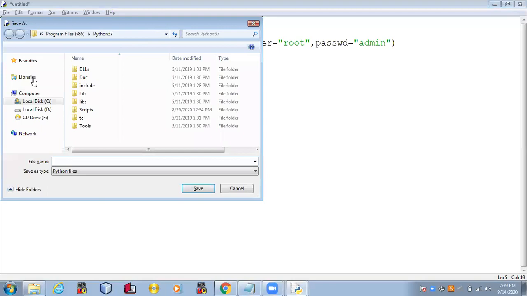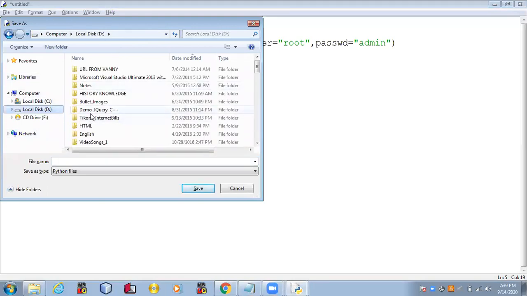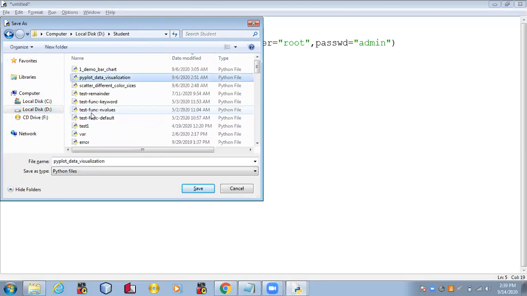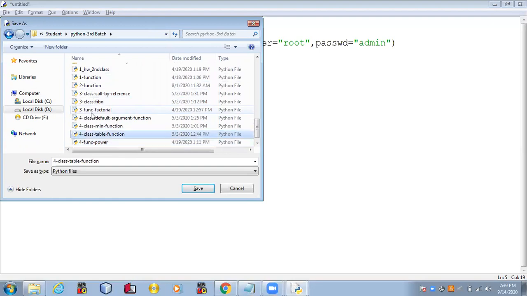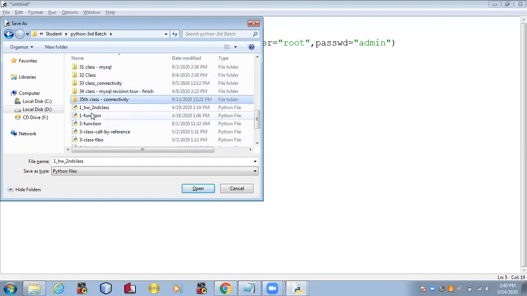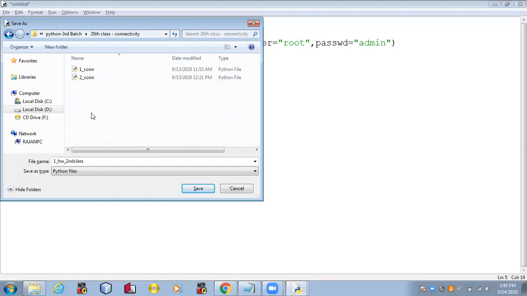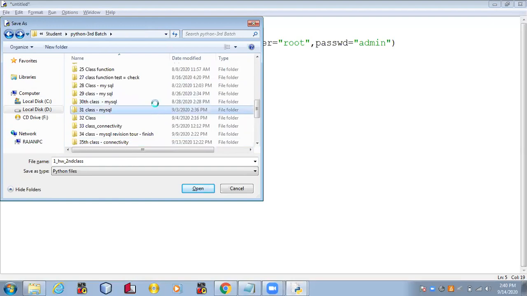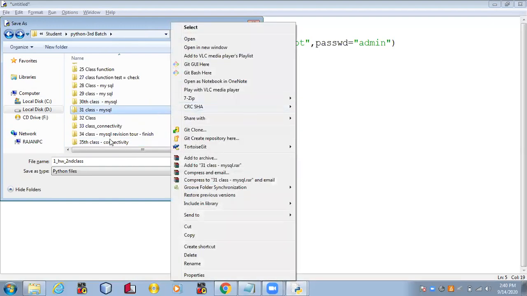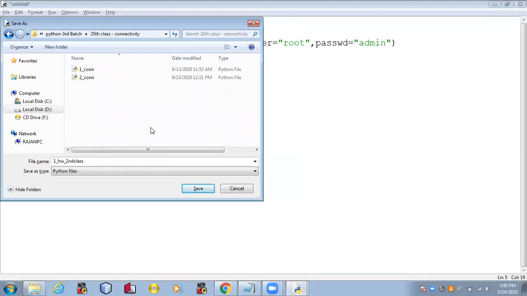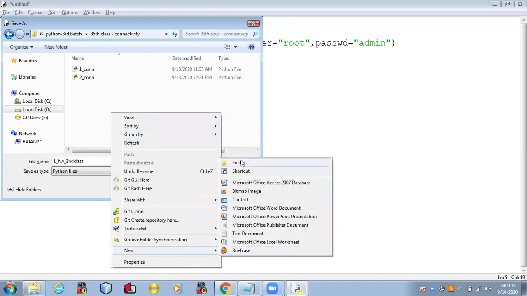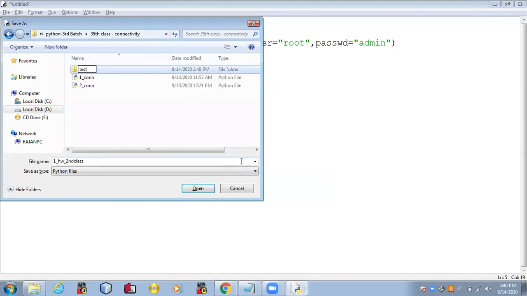Let me save this program in the student Python folder, in the backup of the 35th class, and make one folder called test connectivity.